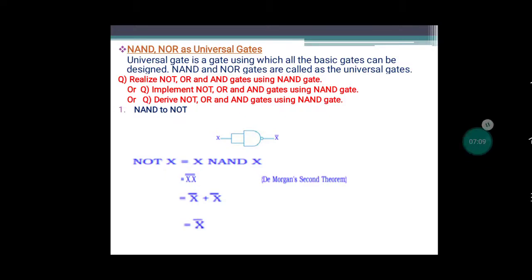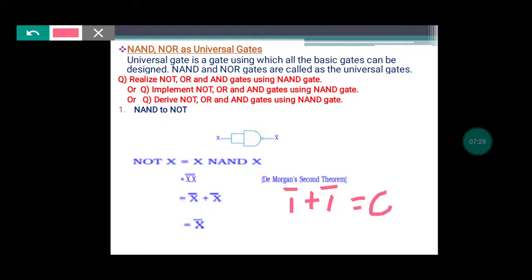Then x bar plus x bar. What is this plus? In the sense, it is nothing but the OR operation. Yes or no? So if I take the x value as 1, then 1 bar plus 1 bar. What is 1 bar? It is nothing but 0. Then again 1 bar is nothing but 0. So 0 plus 0, I mean 0 OR 0. You remember logical addition, so 0 plus 0 will be nothing but 0.